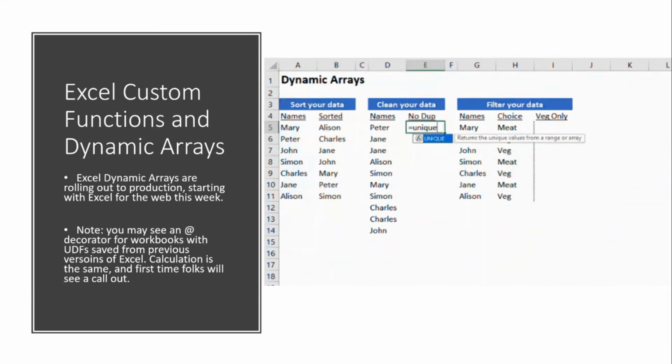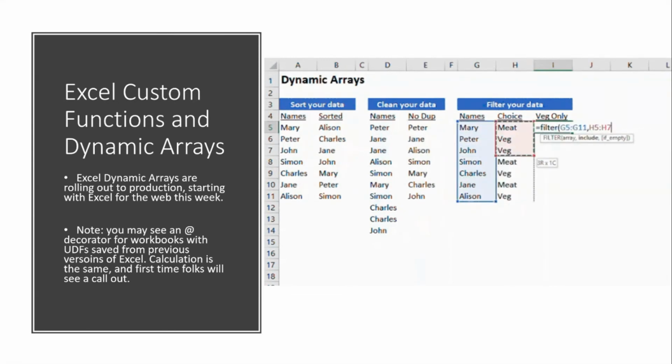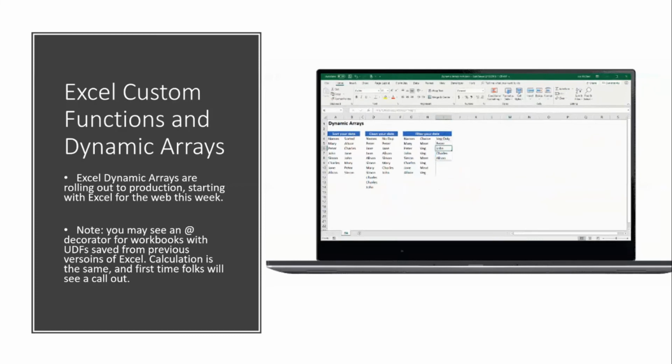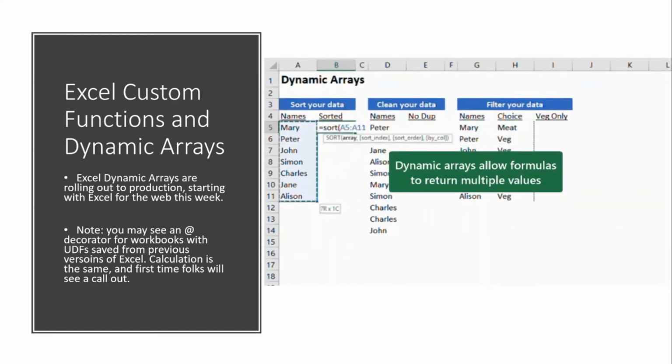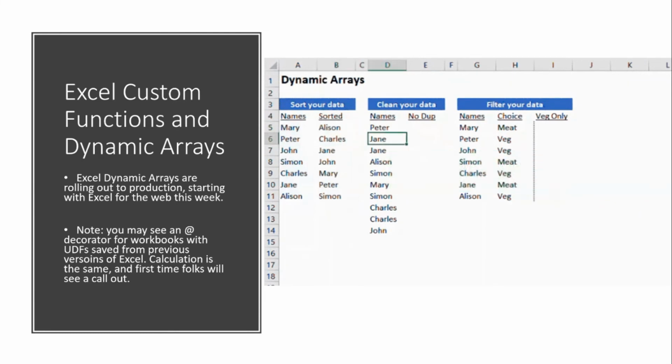Likewise, your add-in doesn't have to have that logic, because we heard from a lot of you that if you had a function, you also had some logic to essentially simulate the spill behavior. So the cool thing to announce here is dynamic arrays are now rolling out to production. We're going to start to roll that out with Excel for the web first, and then it will roll out to a few different